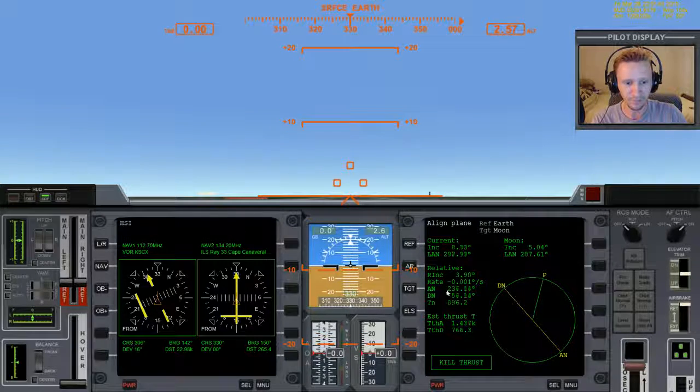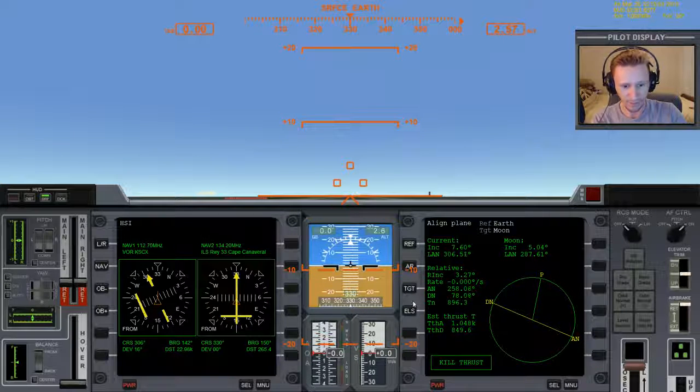0.001. Once this says negative 0.000, then I know that the relative inclination isn't going to get much lower. And that just happened. Another indication is when the positional indicator gets to a right angle toward the line of nodes, then it's as low as it's going to get. Currently, you can see that we're not quite a perfect right angle, so there's still a little bit more to go. So I'm just going to go ahead and warp time forward, but I'm going to back off all the way to just 10 or so,